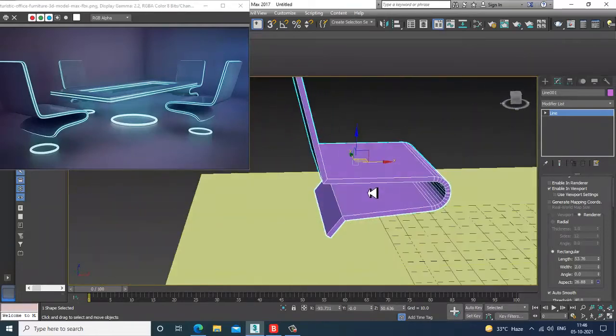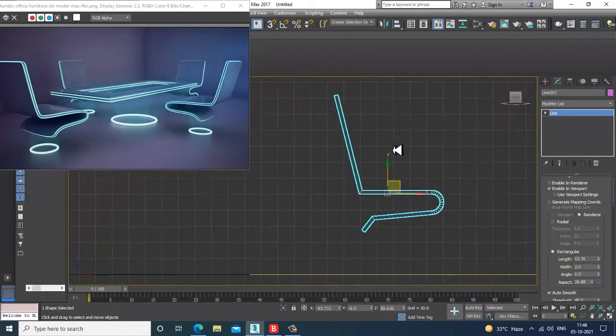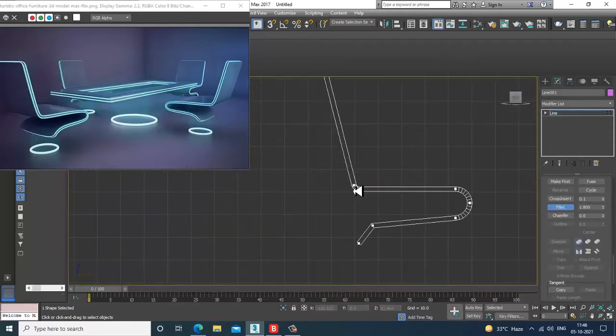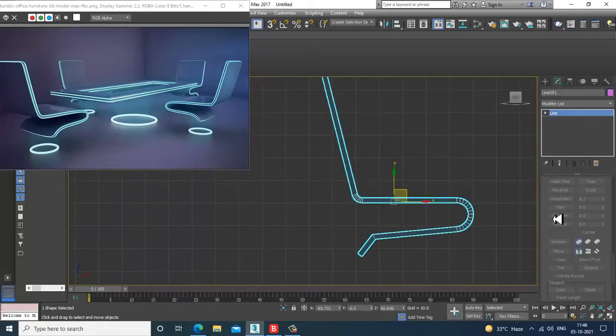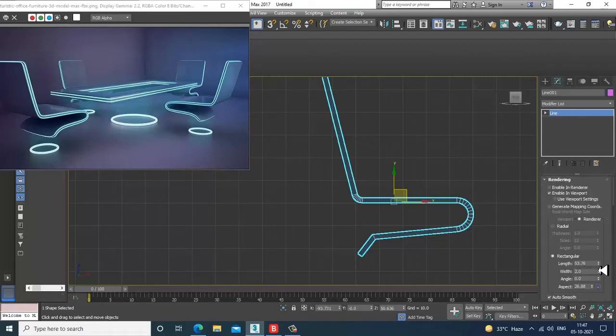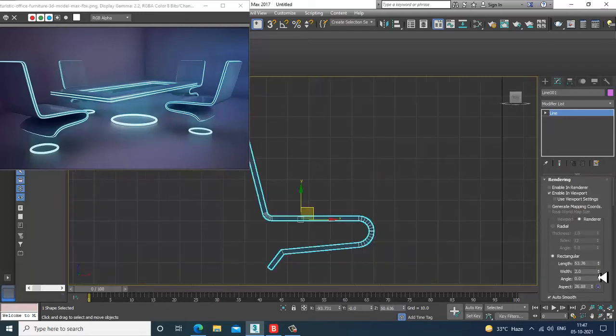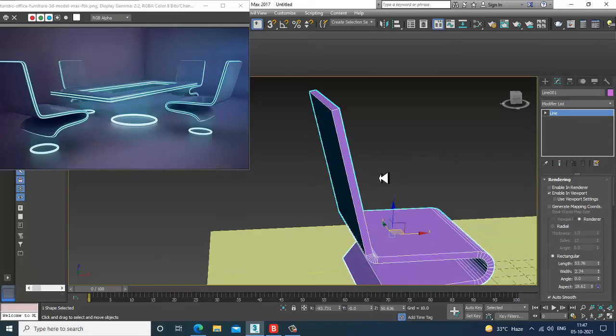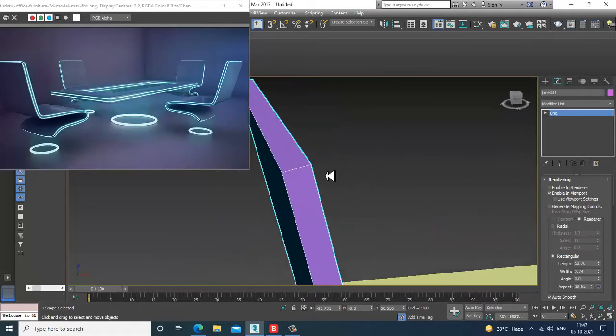Again select the vertices and let's give a bit of fillet, and increase its width over here. What I'll be doing is converting this to editable poly.